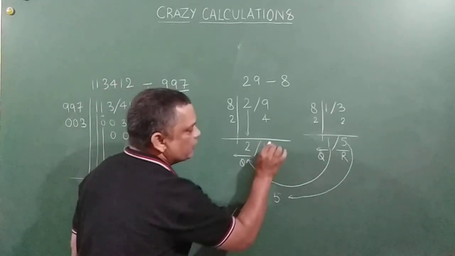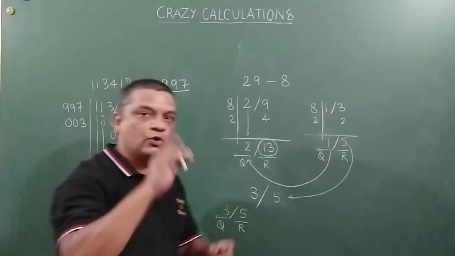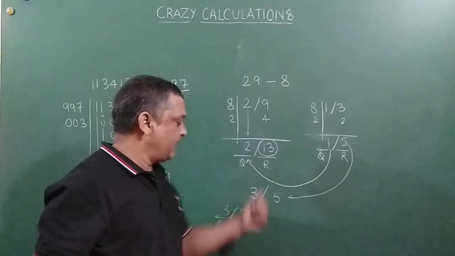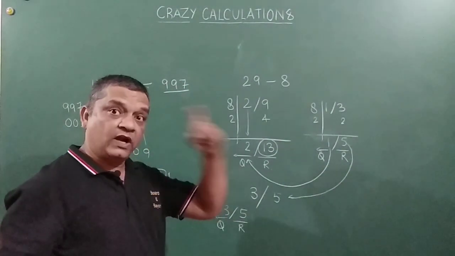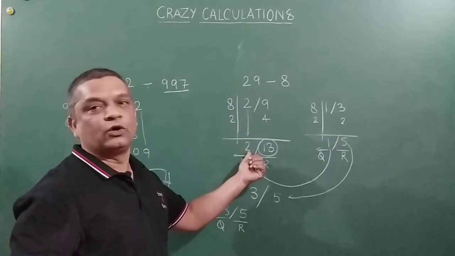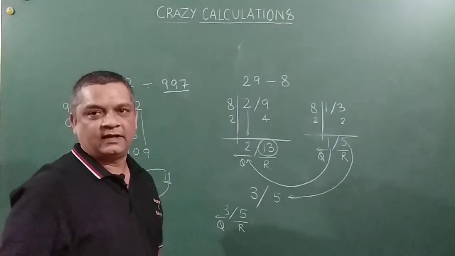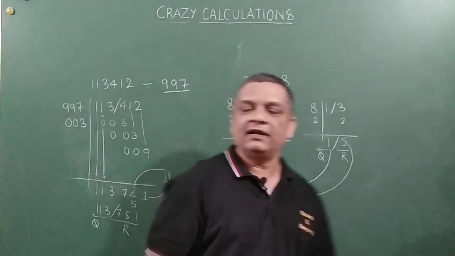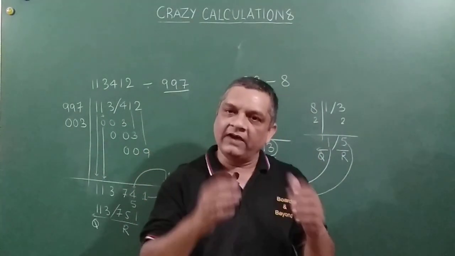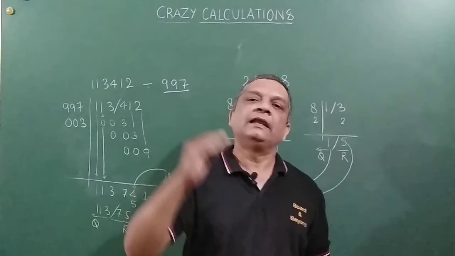If at all you want to do it mentally also, you can do it here. Since this is 13, 13 will go one more time with 8. So 8 1 8, remainder is 5, you see here. And that one time which you have put there will actually get added here. I hope you are getting the concept, right friends? So this 2 becomes 3 and this becomes 5. So this is how basically you can divide any number with a divisor which is closer to a base and slightly lesser than the base.